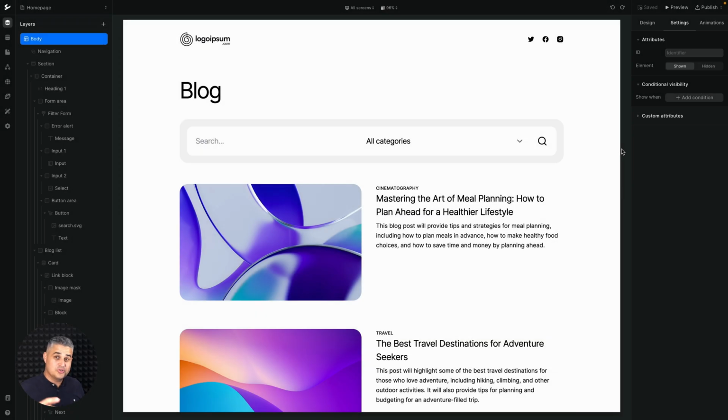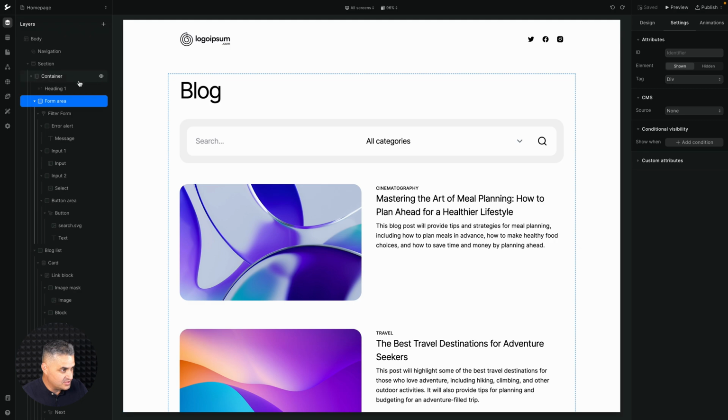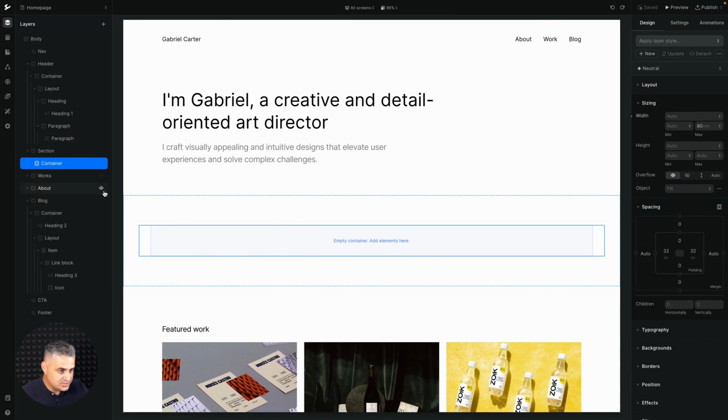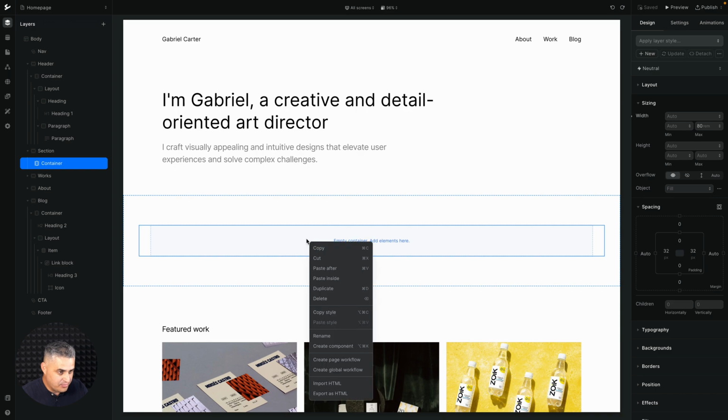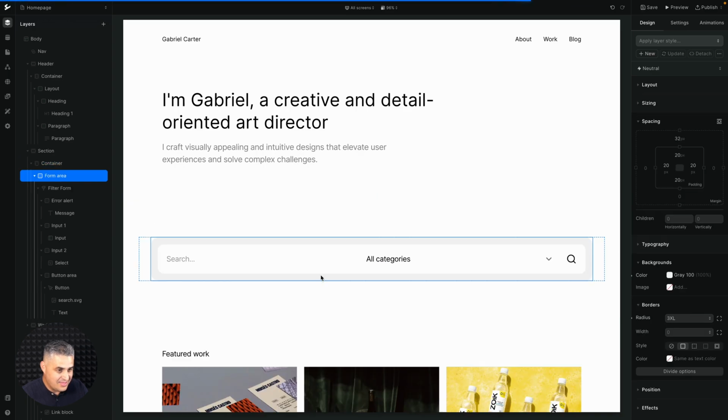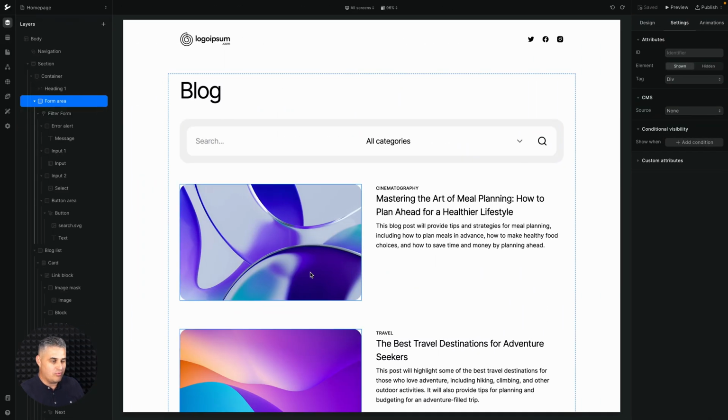All right, the first cool feature we have is copy and pasting between projects. So just select an element or group of elements, right click, copy, or use your shortcuts. Let's go and paste it into this container I prepared, paste inside, and there you go. You can imagine the possibilities. You can even have a project with just resources that you keep reusing and copying and pasting them into new